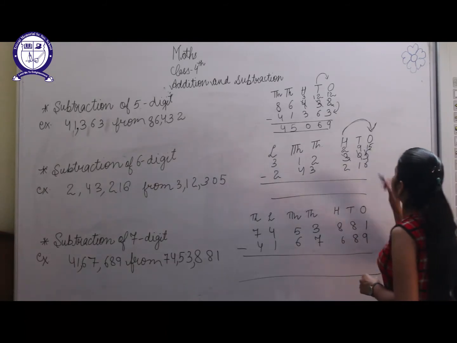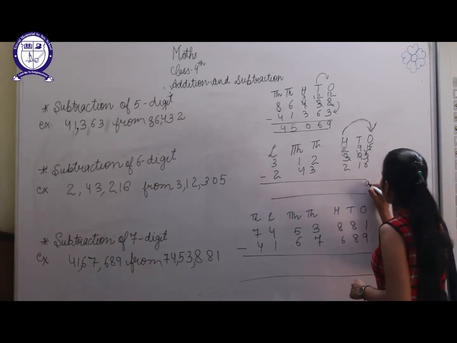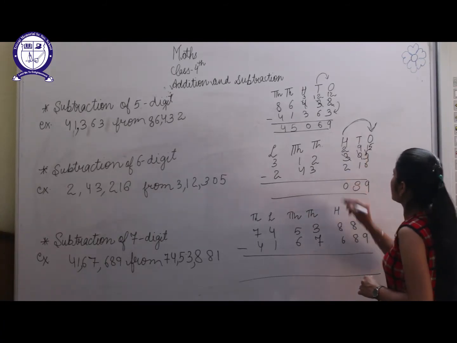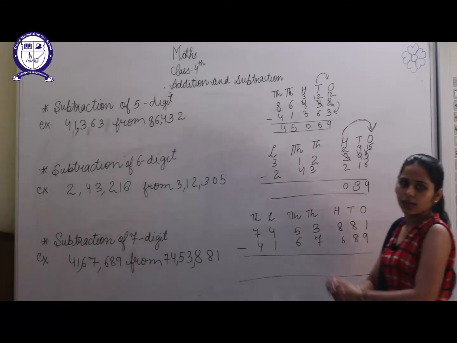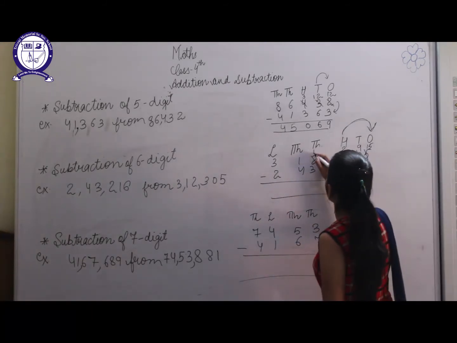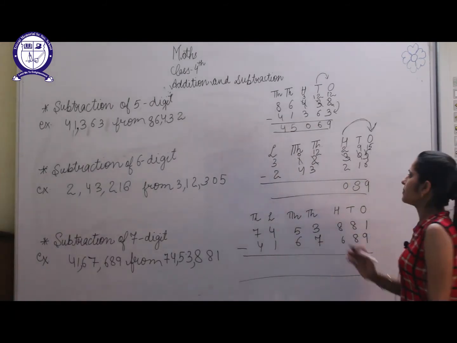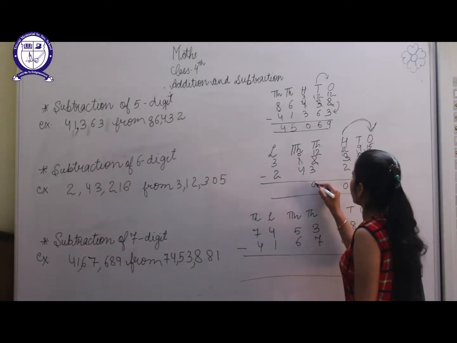So we will subtract 6 from 15. It will give us 9. 9 minus 1, 8. 2 minus 2, 0. Here we cannot again subtract 3 from 2, so it will become 12 after taking carry from this. After giving carry, 1 will become 0. So 12 minus 3 will give us 9.